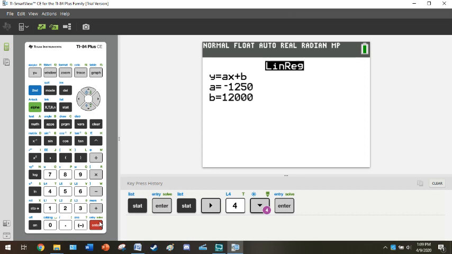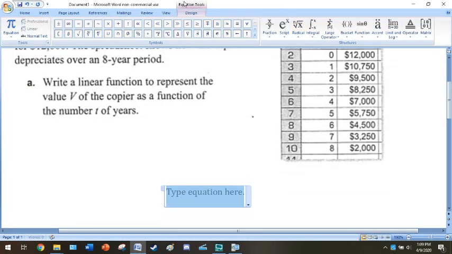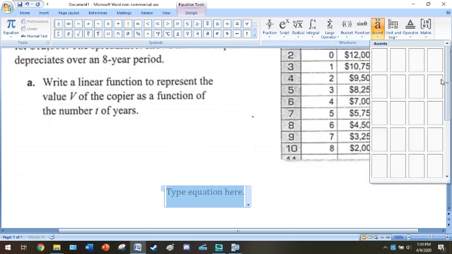So this is the equation of the line y equals ax plus b. Instead of y equals mx plus b, it's y equals ax plus b. I don't know why they did this, they just did. So this is your a value right here, and this is your b value right here. So you will take this equation of the regression line, y equals ax plus b. You will plug negative 1250 in for a and 12,000 in for b. So what this will come up with for your equation of your regression line is you are going to have,